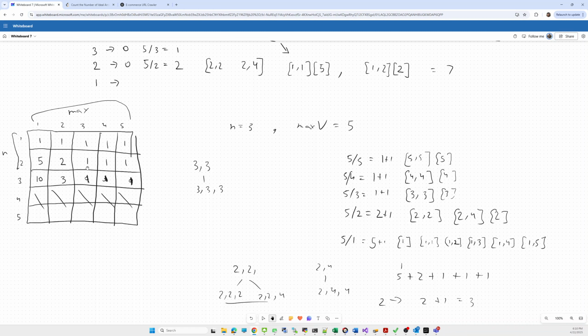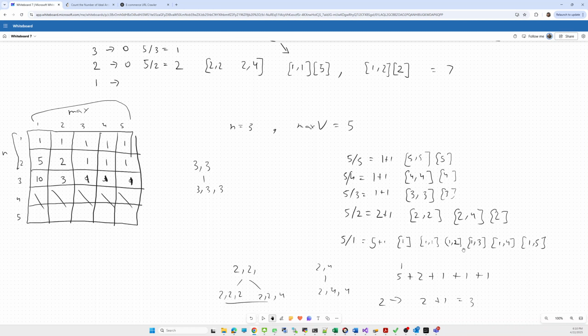Only one. Using 3, only one. But for 2, how many pairs can I form? Two. And for 1 it is 5. How do I get this information? 5 comes from 5 divided by 1 is 5.